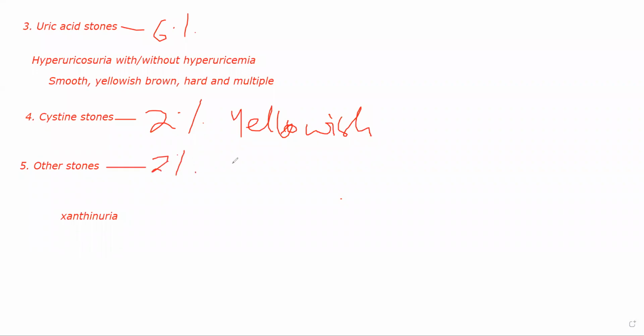So those are the total 5 types of calculi that you can see in patients who have urinary calculi. Calcium stones, most common. Mixed stones, that is struvite stones. Uric acid stones, cystine stones, and xanthine stones, which are the other calculi. Okay. So in the next class, we'll discuss renal failure. Renal failure will possibly even start renal carcinoma.